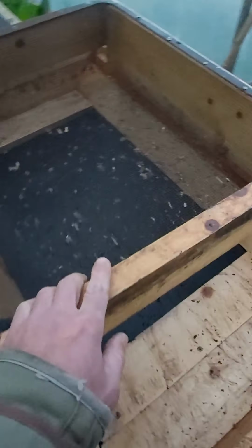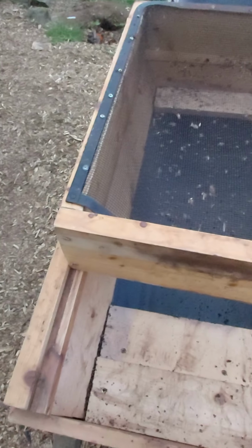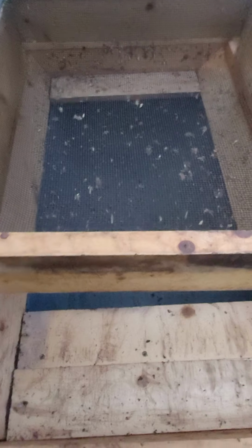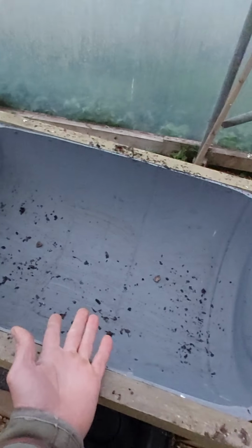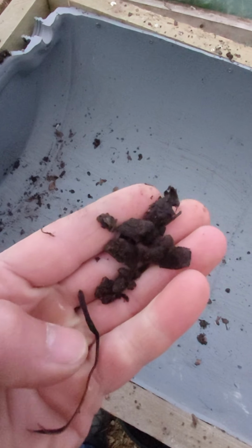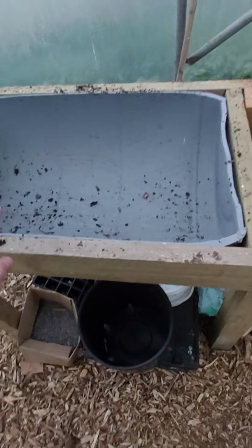Today I was harvesting half of this bin, and I scooped out layer by layer. It was nice and sunny, and I put the layer in there and sifted it like that. All the castings fall into the tub at the bottom, then I lift that up and flip it upside down into this one, where all the rough bits stay behind. There's some bits still left there, so all of them went back into there. When that got full, I filled that up twice,